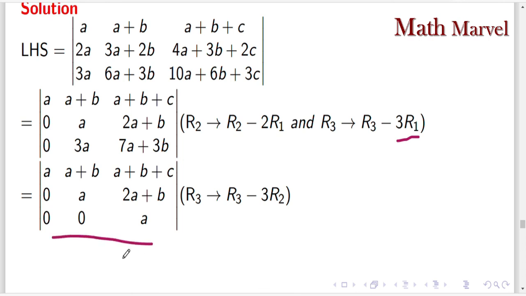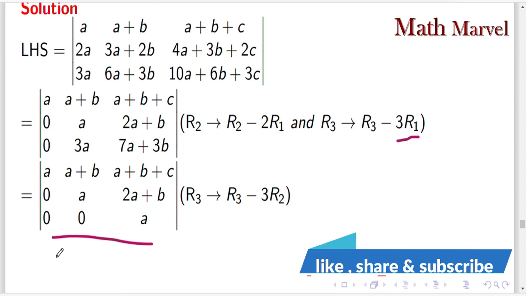Now we know that here, if we take this column, in this column two elements are zero and only one is a non-zero element. So now do the expansion using the first column. Okay, so we can easily find the value of the determinant because we have to do the multiplication of only the A element with the respective determinant. Okay, because these two elements are already zero. So now do the expansion using the first column.